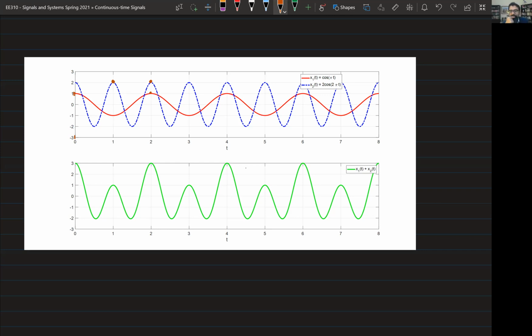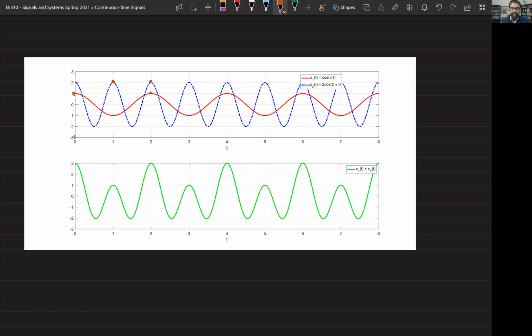So okay, I'll come to this point as well. But let's just look at this particular example and then we'll move forward. Okay? So for this example, the green signal that you see is actually the sum. And clearly, the green signal is indeed periodic with a period